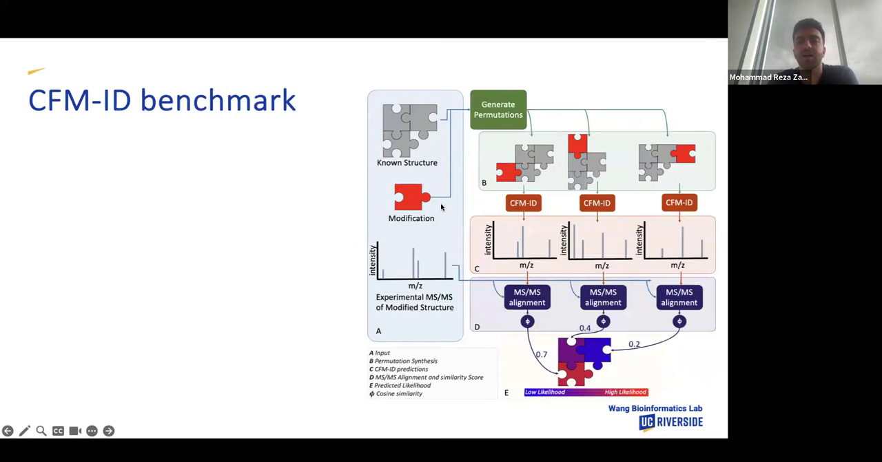So how did we do the CFMID benchmark? The data set was made as follows. We assumed that we have the known structure, and also we know the modification. Generally, we don't have this information. However, for this evaluation part, we wanted to see if, given the modification information, CFMID is able to score